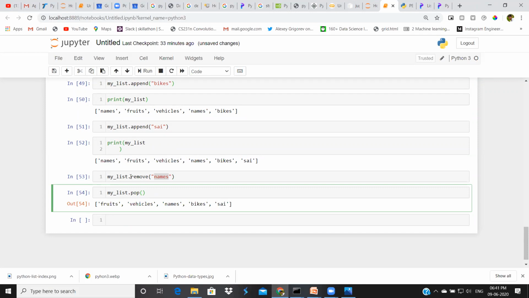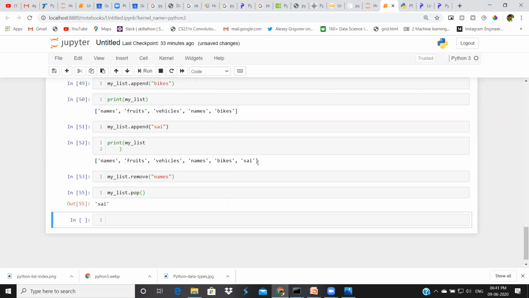Actually, in the remove method, we will pass our item value here. In pop, no need to mention anything. The last one will be removed. My list dot pop will remove the last element from your list. If you want to remove a specific element, you can use remove.